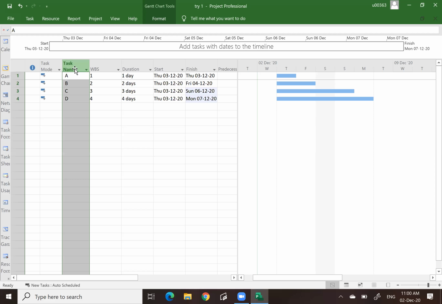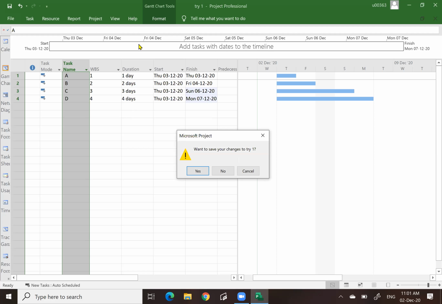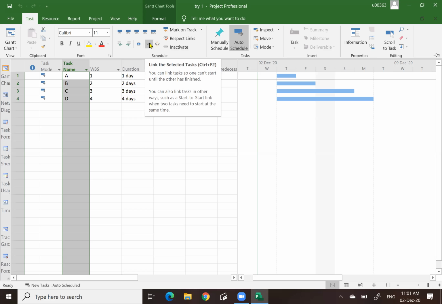If you click on Task represented here, task meaning to say activity, all the menus related to tasks appear. For instance, if you want to organize tasks, this is what we call organize or WBS. You use this button. If you want to split the tasks, this is the one that you click. If you want to link the tasks, link meaning to say predecessor,